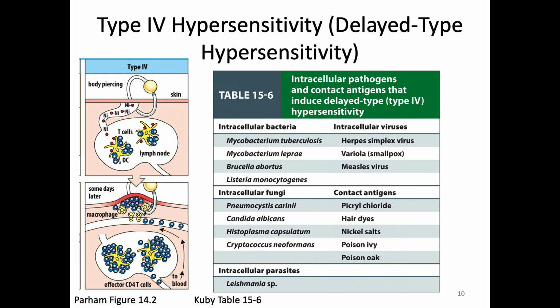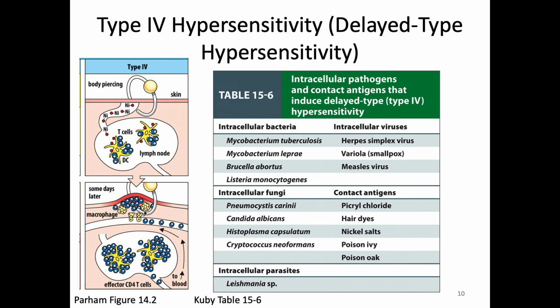So I have 2 different examples of a DTH response that I want to tell you about. Though you can see lots of examples here. And here you can also see, here's my cheap jewelry. We activate some T cells, then later on when I wear the jewelry, the T cells are going to come back. This also will help you remember things about what's going on with that delayed type response,